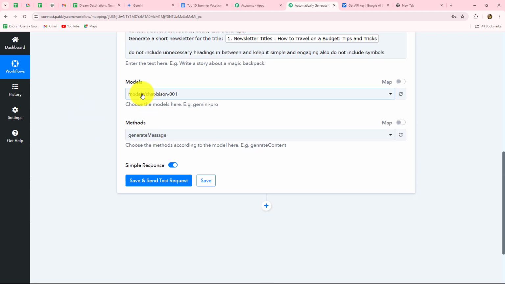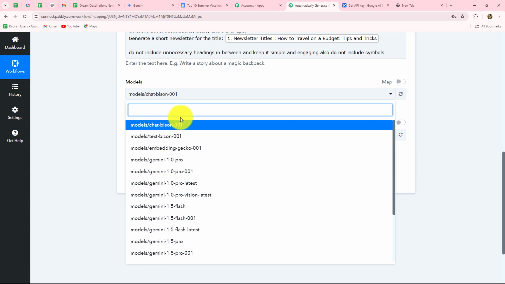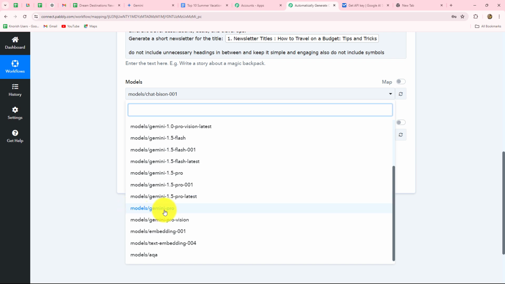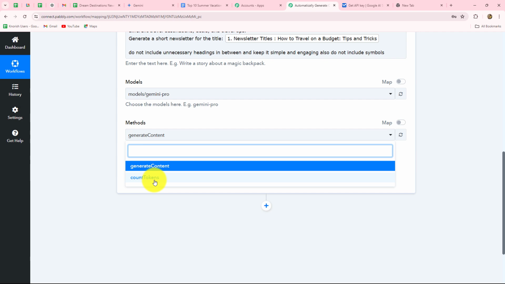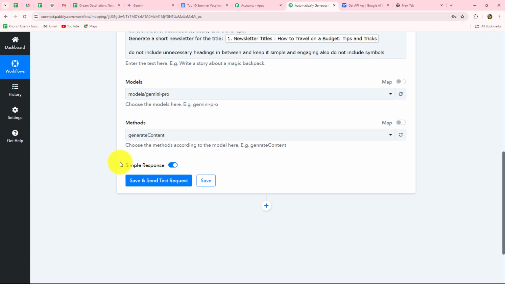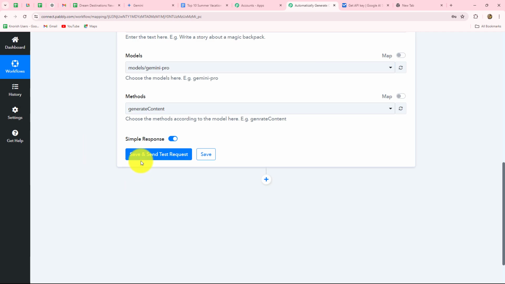Now we'll move back towards models. Here we have to select the model. You can see we have multiple models by using which we can generate the content. Here I'm going to simply select Model Gemini Pro. In method, we have two options: generate content or count token. So we have to select generate content over here. After selecting all the details and entering the text, we just have to click on save and send test request